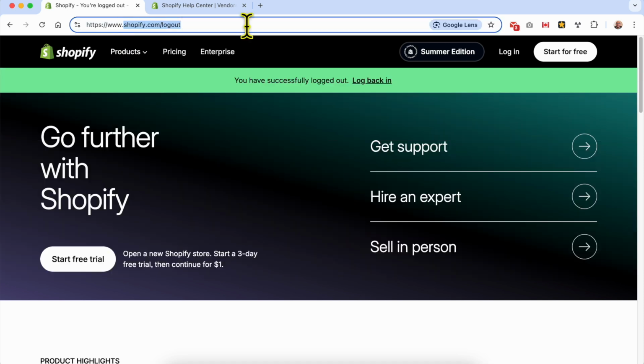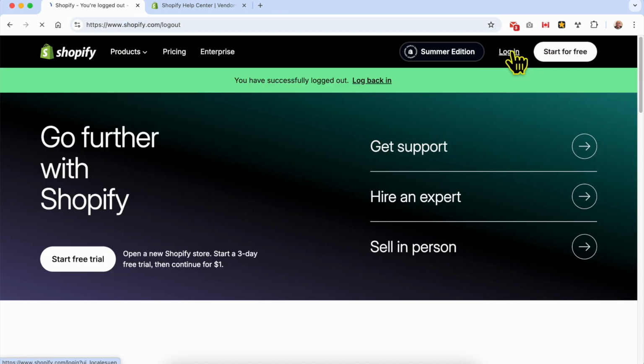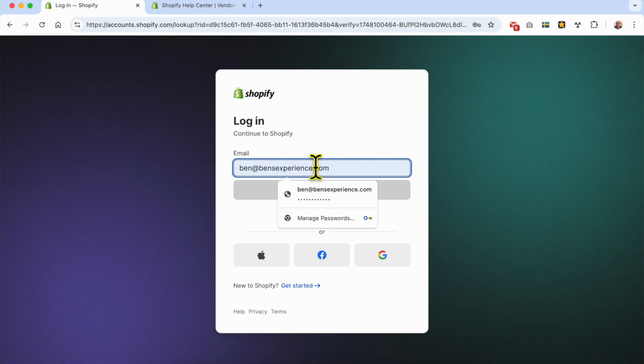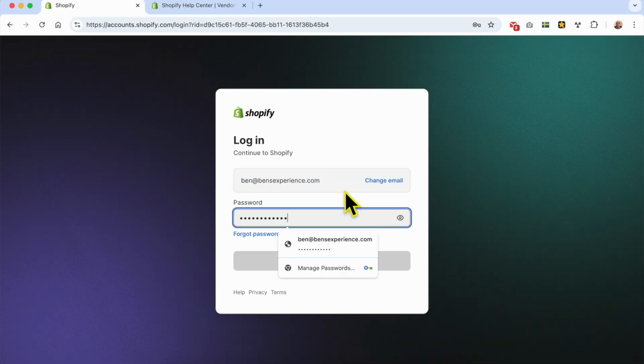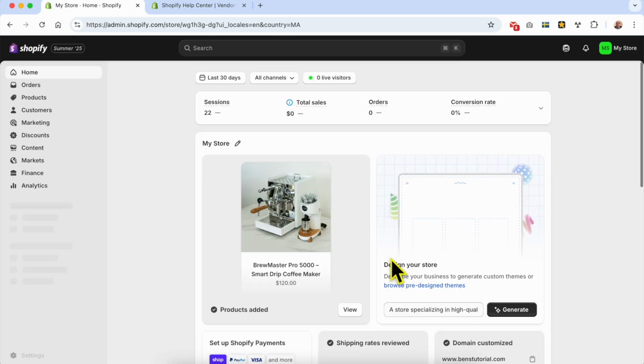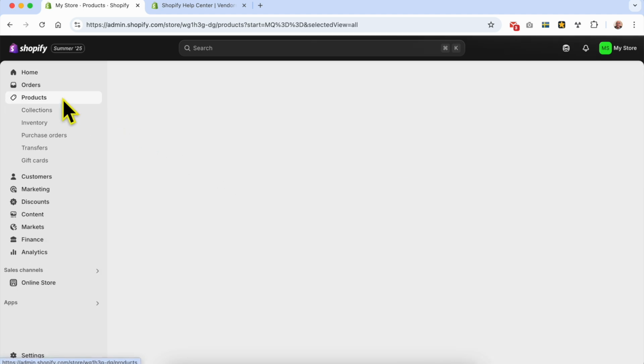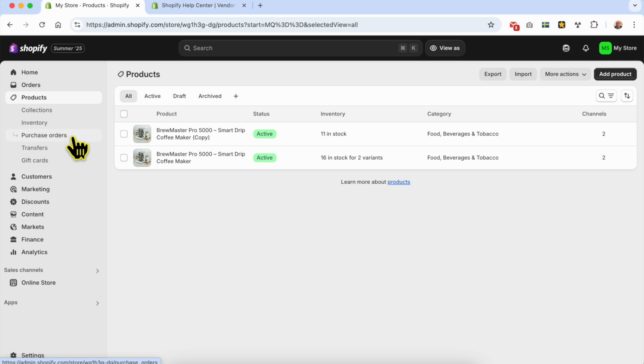First, visit shopify.com website, then click on Login, fill in your login credentials and hit Login. Now that you're inside your Shopify account, go to Products, then select Purchase Orders,